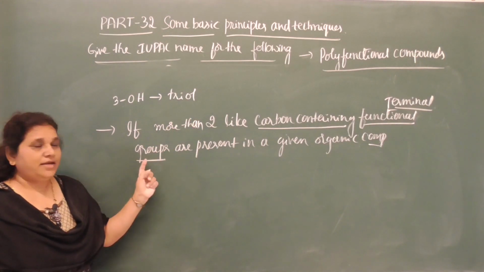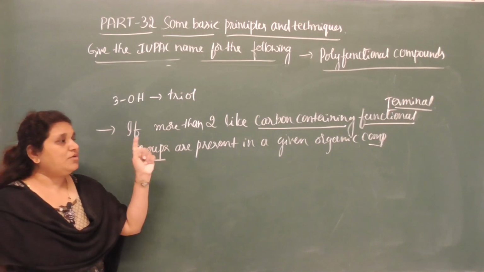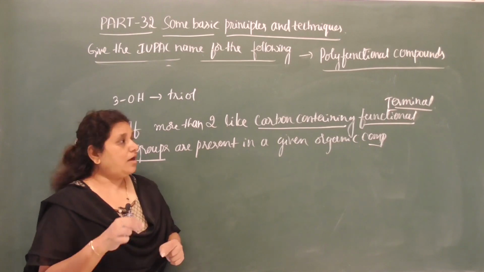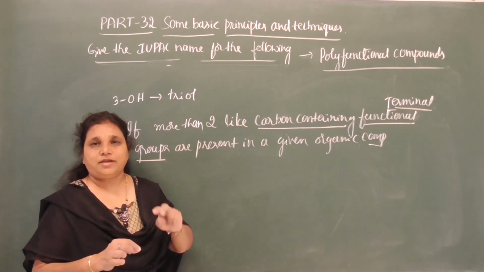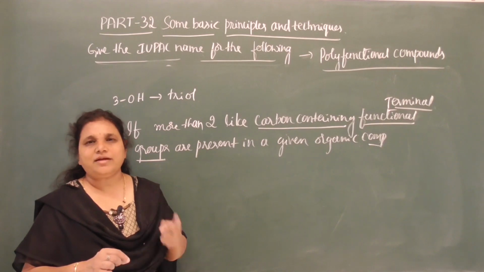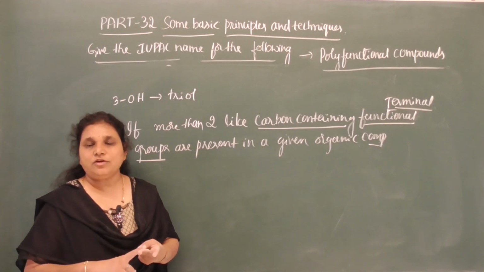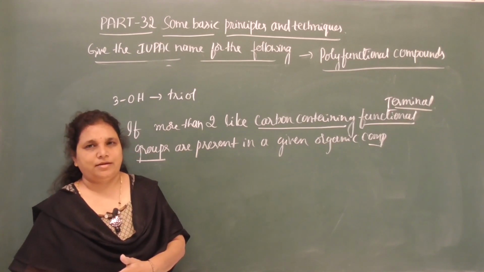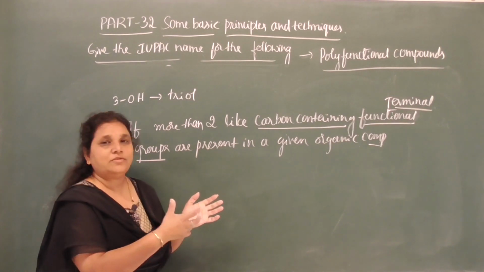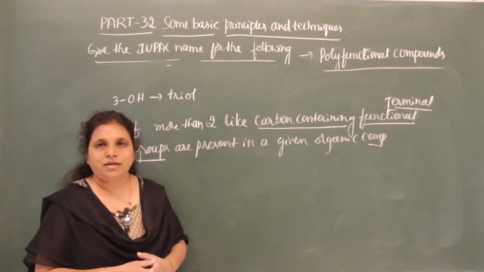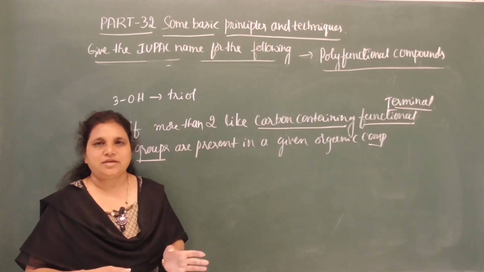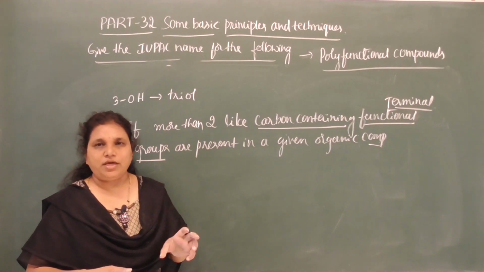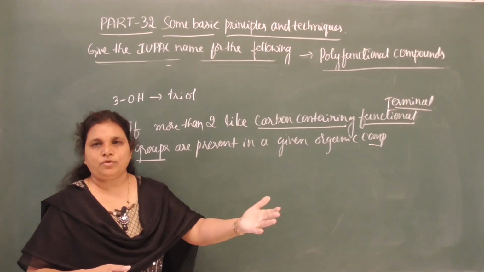Whereas my condition here is, if more than 2 like carbon containing functional groups are present, again there are 2 types: the functional group containing carbon may be terminal or non-terminal. So I have selected terminal here, because for non-terminal nothing changes. For example, with a non-terminal group like ketone, if there are 3 ketone groups,